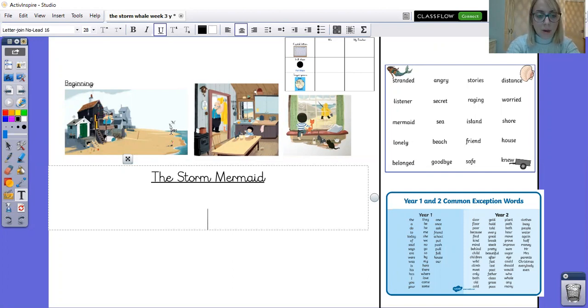Now, I know I need to put a capital letter for Noi because it is a name of a person, and that is a proper noun. So I need to make sure I put a capital N for Noi. But I also need to put a capital letter because it is the beginning of my sentence. Well, I'm just going to change this so it's not underlined. And I'm going to make it a little bit smaller. Okay, so Noi, Noi. Noi lived. Now I know with lived, it's a bit of a special one because the v sound is made up of V and E. Okay, Noi lived with